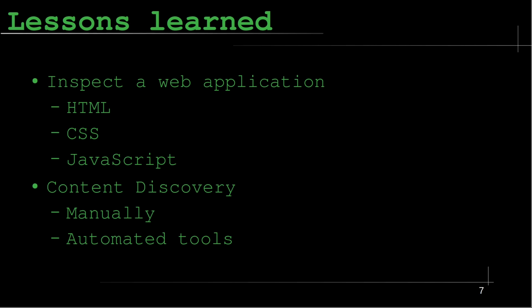Content discovery is a technique to find hidden files and directories on web applications by trying different names and extensions. Forced Browse is an add-on for OWASP ZAP that automates content discovery using a word list and some options. It can help hackers find valuable information that is not linked or referenced by the web application. Learning to use the inspection tools of your web browser and content discovery tools is a skill that you need to know if you want to get into web exploitation. Of course, there is much more to learn and practice in this field, but I hope this walkthrough has given you some useful insights and tips on how to get started.